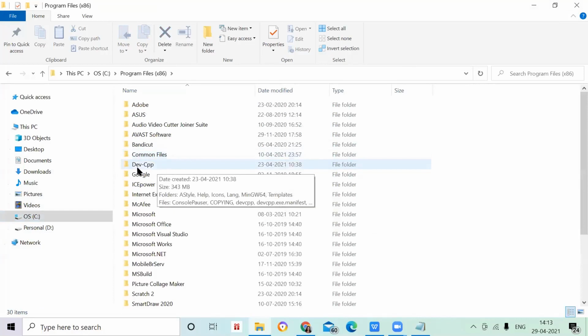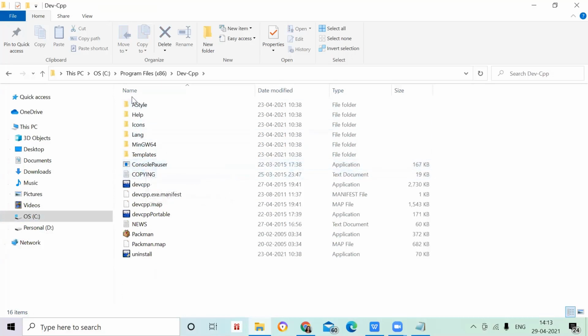Here you can see one folder called Dev-Cpp. As I have installed already, it's giving me the proper name. If I go inside, you can see it will have some packages. Which one do I want? This one only, because in this I'm going to write my program. These things are supporting files, don't do anything with them.